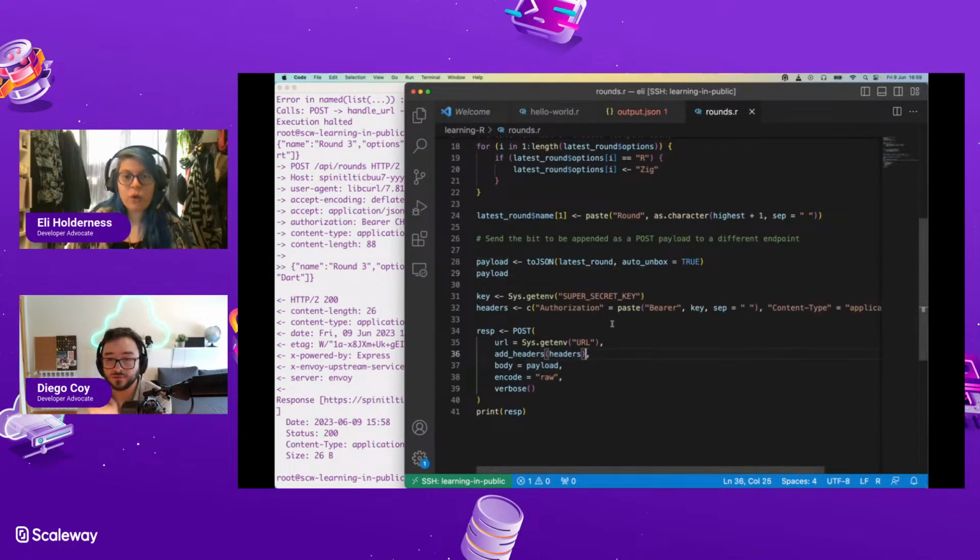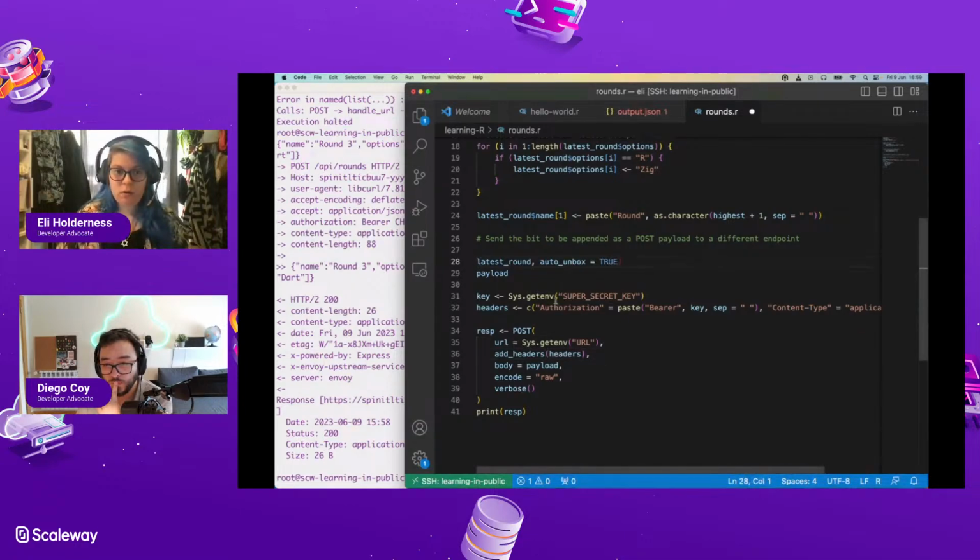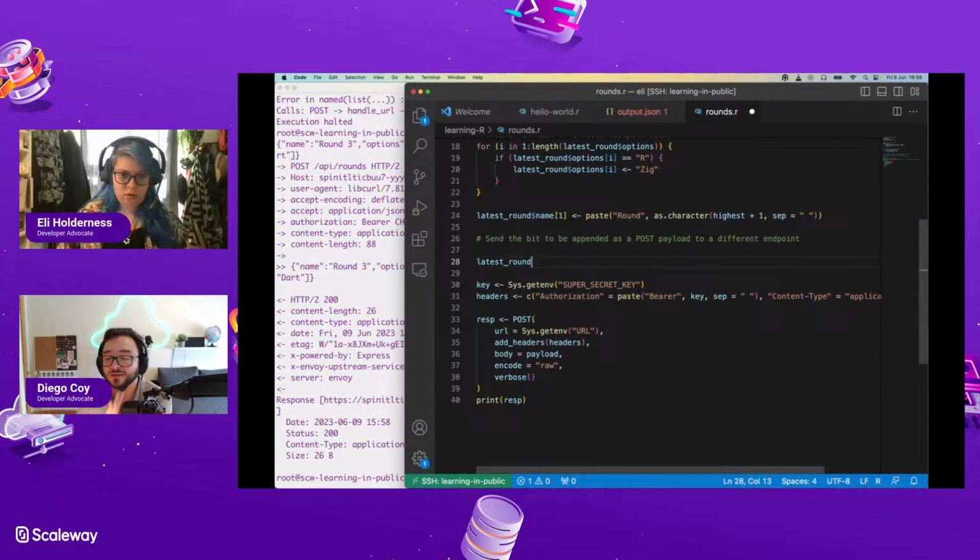Right, so it's manually created using an R data structure. Sure. Okay, but that's what latest round is anyway. Where I think the problem is, is the way we are assigning latest options. No, before that. Round.